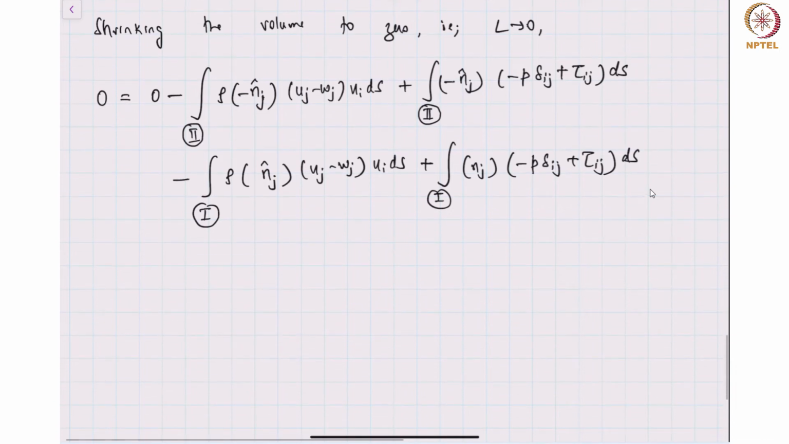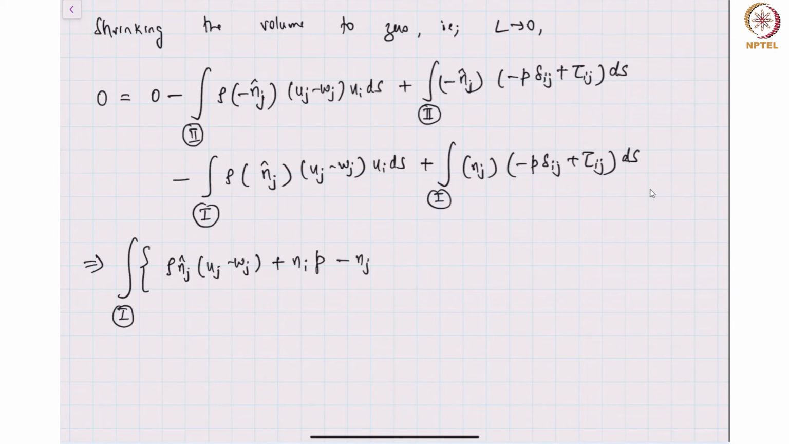So let me first combine all the terms over region 1 and region 2 and take it to two sides of the equation. So let's start by writing down a single equation over region 1. What are the terms over region 1? If I take it to the left hand side, I have rho n_j (u_j minus w_j) plus n_i p minus n_j tau_ij. These are the terms over region 1, and this will be exactly equal to